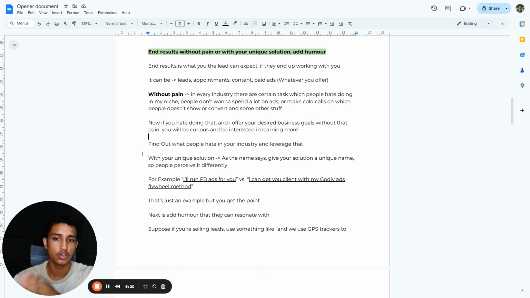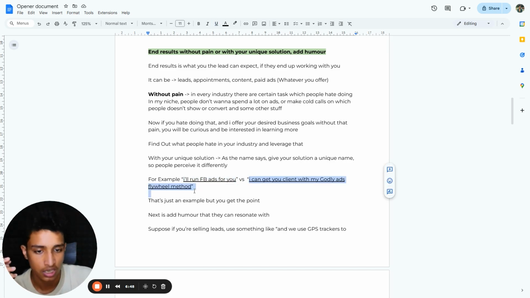Next, with your unique solution, as the name says, you have to use something called the mechanism. This is basically a buzzword that you use in order to define your whole solution, whatever it is, like paid ads or whatever. It's just a buzzword that you use to make your offer or your solution sound different. So you can see there is an example. "I'll run Facebook ads for you" is just very generic, very weird, but "I can get you clients with my godly ad flywheel method"